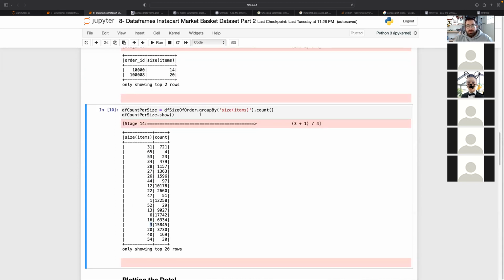So now we would like to plot this data. Spark doesn't have a plotting API that we can use. However, once you get to a point where you want to plot the data, you're not dealing with big data anymore that cannot fit on your machine and cannot be handled in your RAM, basically, or your one machine. In fact,